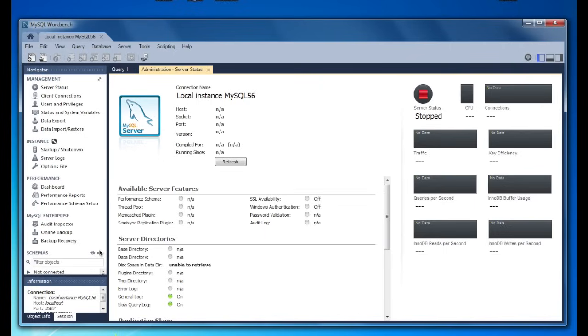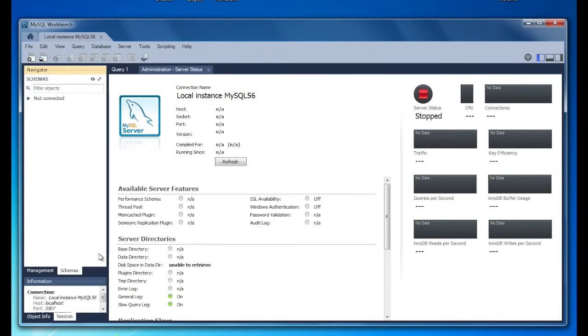In order to have a better view, I recommend to switch the sidebar to the non-combined mode, which places management and schema sections each on an own tab. You do that by clicking the little expand button. You can switch at any time back and forth. This setting is also kept for the next run of Workbench. Switching back to the